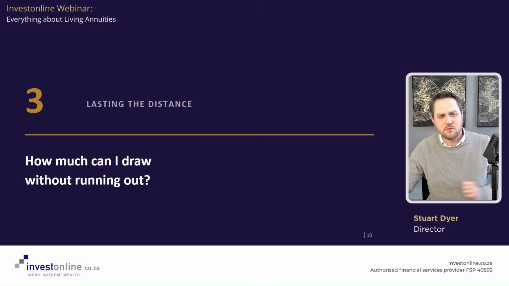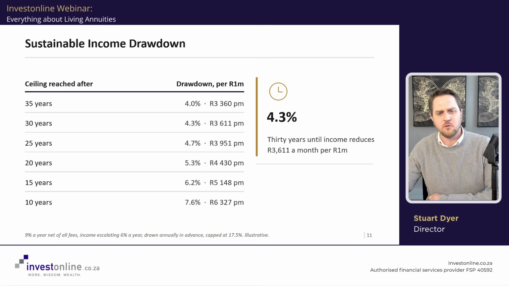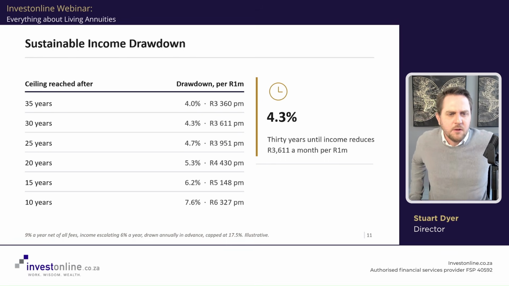Good, thanks, Nick. So here what we're going to go through is really around drawing a sustainable income. We've done quite a few nice scenarios. Just to start with, this is a table we've put together. Often the living annuity is a strange investment vehicle, and I think it's really important to model it correctly, in that drawing the capital you have in a living